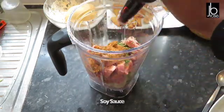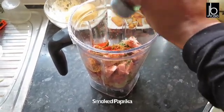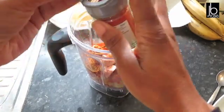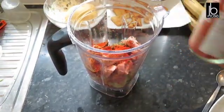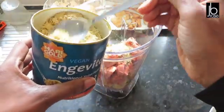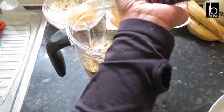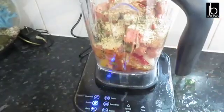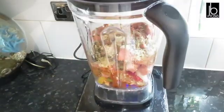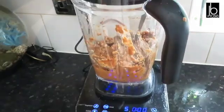And some soy sauce, I'd say a teaspoon of soy sauce. That looks a bit more, but it's a teaspoon. Some smoked paprika. Now I know I use a jerk powder already, but I do like to bump these things up. So that's some hot smoked paprika as well. And then this is a lovely ingredient here, some yeast flakes, 2 tablespoons of that. And some sea salt. Now try not to use too much salt. I know I've just added some in there, but the other ingredients really do have a lot of salt in it. So we're going to liquidize everything now,